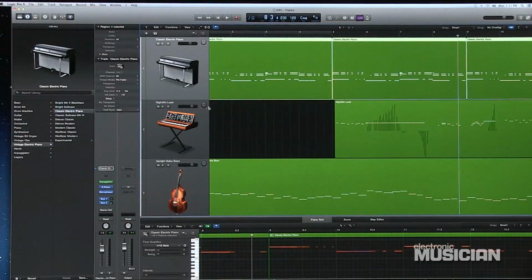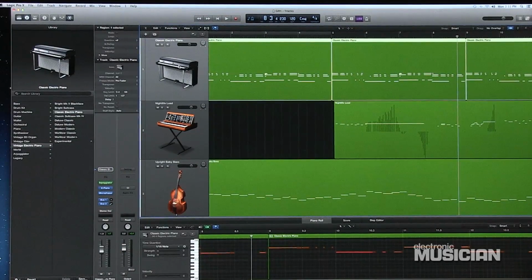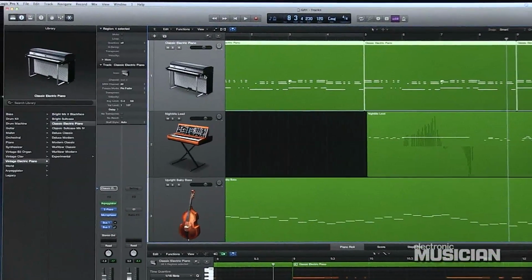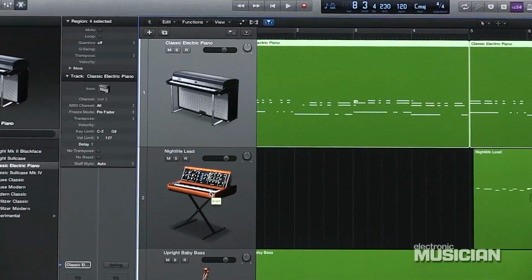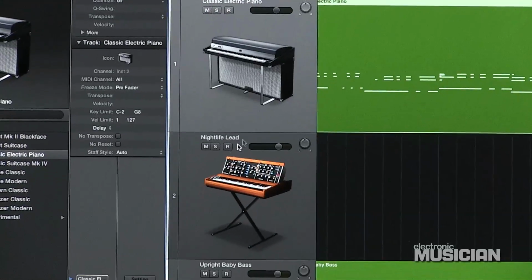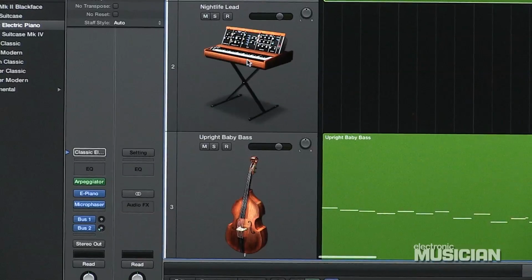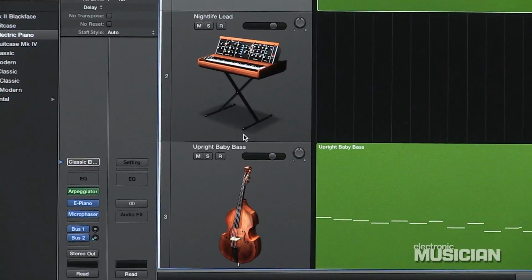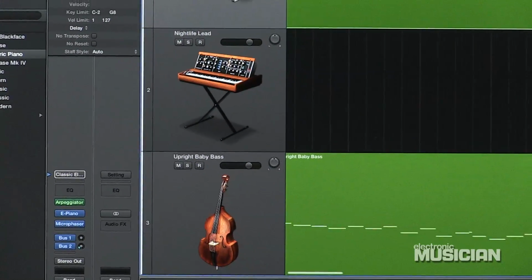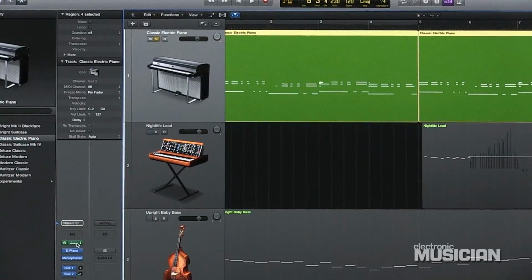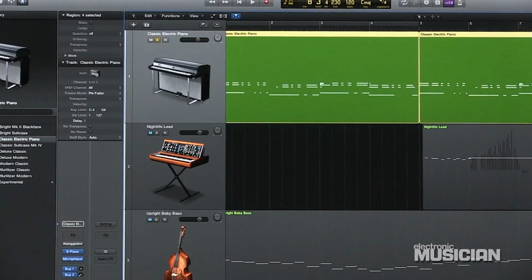Okay, here we're looking at our basic MIDI instrument tracks, and you can see that, like GarageBand, we're looking at different icons for instruments. We've got a Fender Rhodes right here. We have sort of a Mini Moog looking synth lead here, and then we've got a generic upright bass here. We can get rid of these icons. We can reduce the size of the track and so forth. We're going to solo the electric piano part and look at that right now. So if we listen to the electric piano on its own,